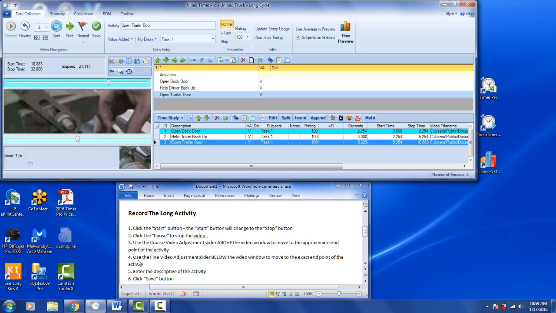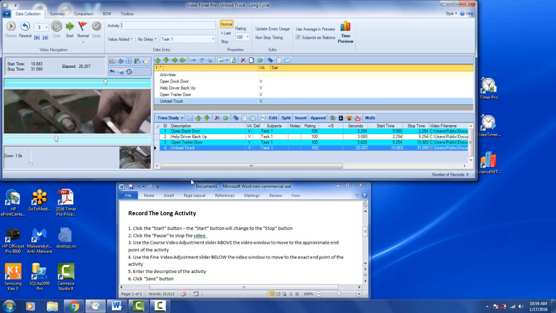And then point number 4, use the fine video adjustment slider below the video window to move to the exact point. So maybe I'm not quite at the right point here. I can use this one just to get me back to exactly the right point. I enter the description up here. My description could be unload truck. And then I click the save button here,